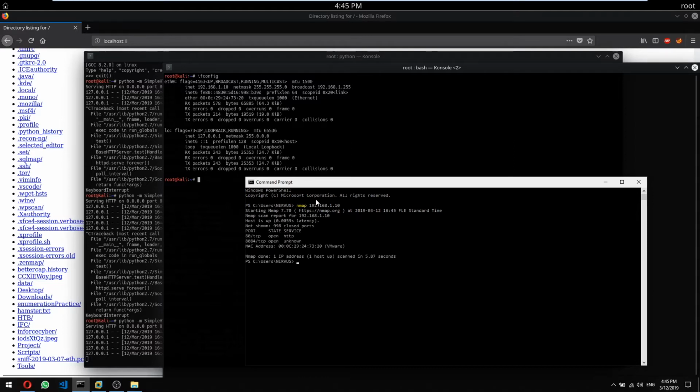So we have two HTTP services running. Now nmap did not find any service running HTTP at all besides port 80, the default one. But if I specify the exact port with the -p option and specify port 8, let's see what nmap can output for us. So I run the nmap scan, and now we should get the result any time. Yeah, we have port 8 open, and nmap does not know what the service is because it is